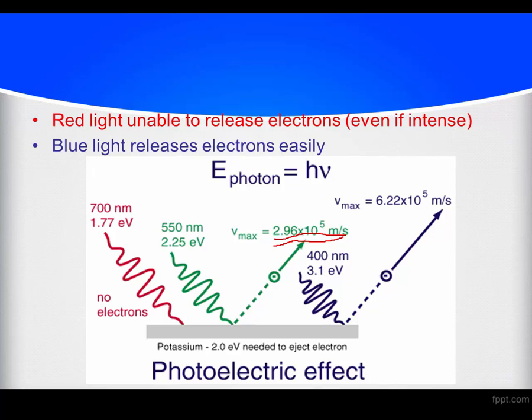He says, okay, this is a proof for Planck, but it's only a proof for Planck if higher energy light does more. So he takes the 400 nanometer light, purple, he points it at the same piece of potassium in the same dark room, and since it's higher energy, it releases the electrons at a higher speed. Okay, so the photoelectric effect is two things. It is A, proof that Max Planck was right about the quantum, and B, it was a really, really great find,